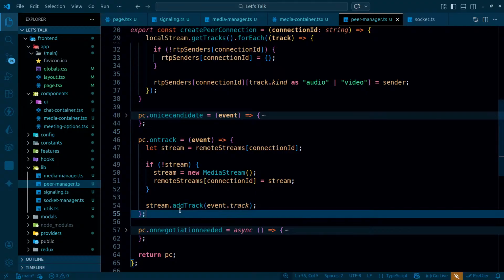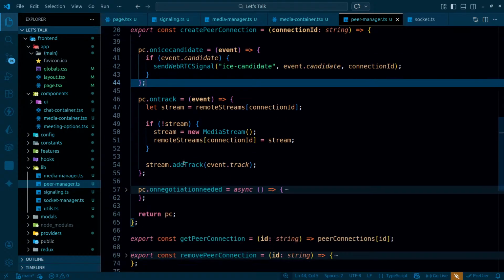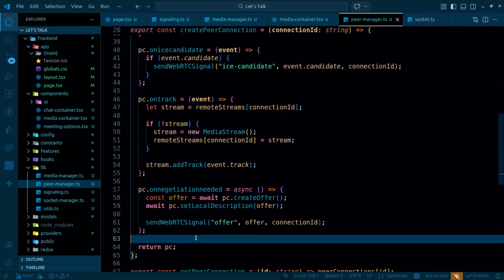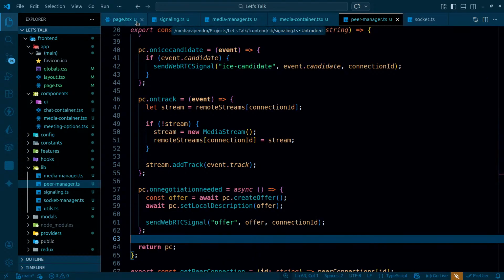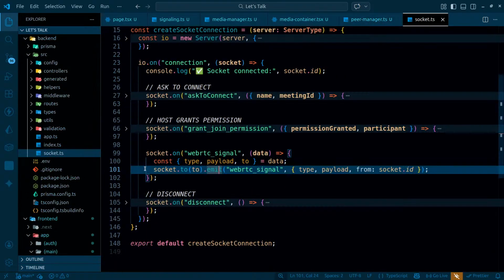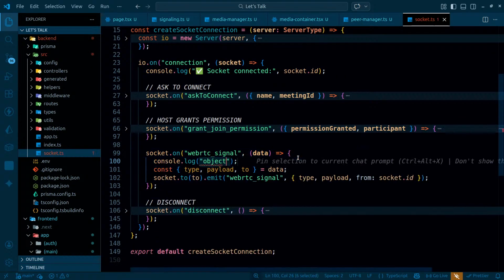On track, I'm simply adding it. That should not be problematic. On ICE candidate, I'm simply sending the ICE candidates as well. And on offer, I'm simply sending the offer. So right now I just have to track the events, right? So coming back to this socket over here, whenever I get a particular message, CLG event